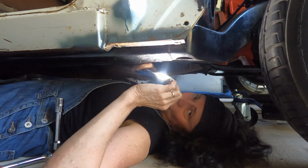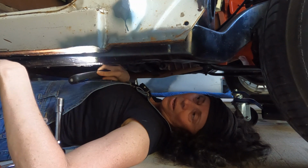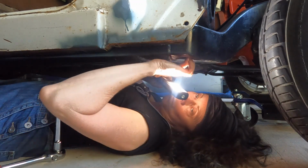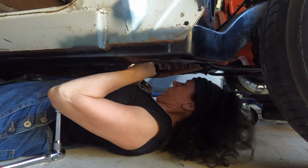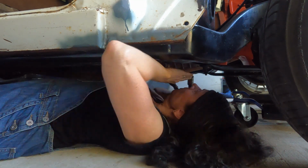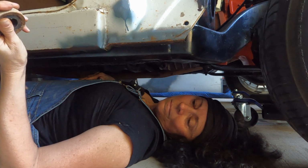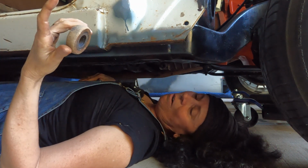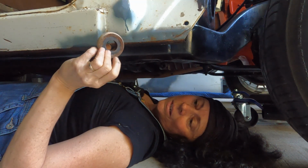There's 2 cab mounting bolts at the back of the cab, and then there's 4 at the front, 2 on each side. I've already undone the one under here, but there's one in there that needs to come out. A lot of these mounting points can be quite rusted out, but that's now 4 of these I've pulled out, and they've really only had a little bit of